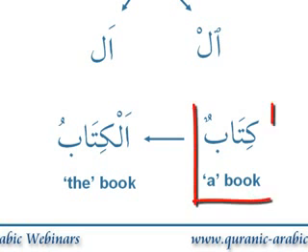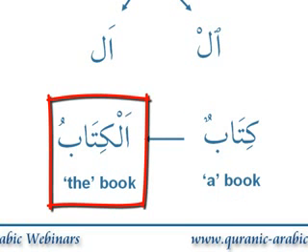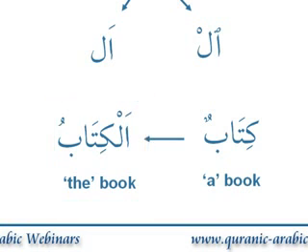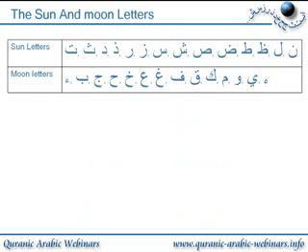So kitabun, a book, becomes al-kitabu, which is the book. Okay, so that's just the background on the word al. And if you look in your Quran, you will see lots and lots of words beginning with al, because they're just talking about definite objects. Okay, the next thing then